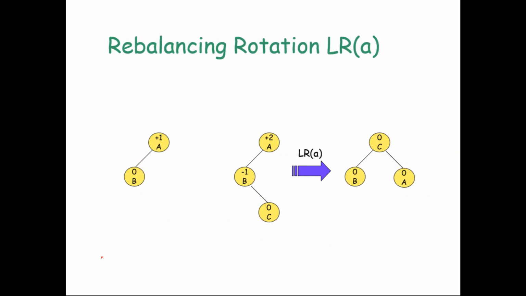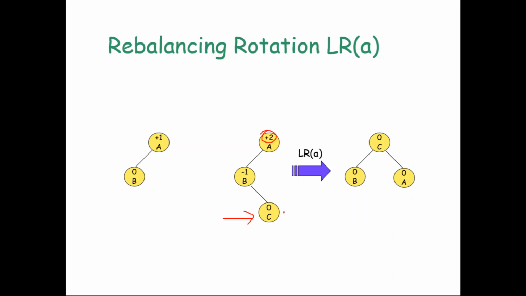LR we will be discussing under three cases. First let us assume the tree is very small, something like this. There are only two nodes, A and B. Here the balance factor of A is 1, for B it is 0, because the height of the left child of A is 1 and the right child is 0. Now you perform one insertion, C, which is to the right of B. Now A got imbalanced. Here a +2 comes, so A is imbalanced.